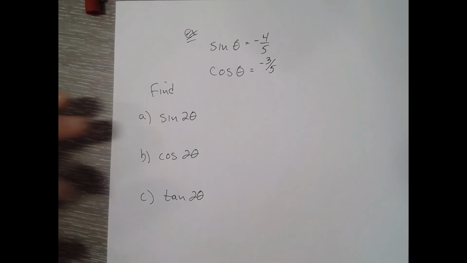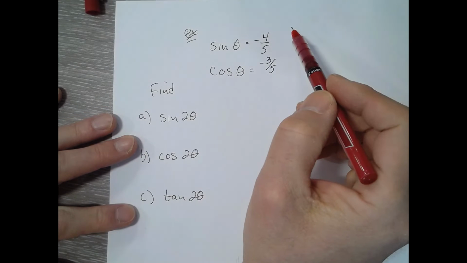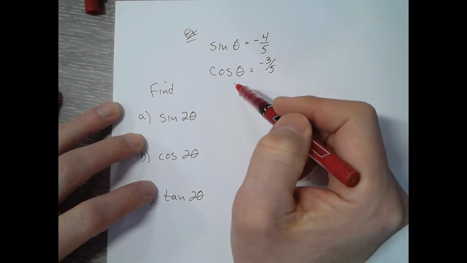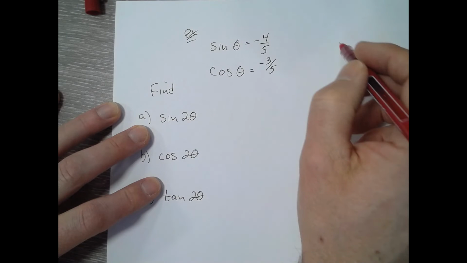Alright, so sine of theta is negative 4/5. Cosine of theta is negative 3/5. That tells us that we're in quadrant